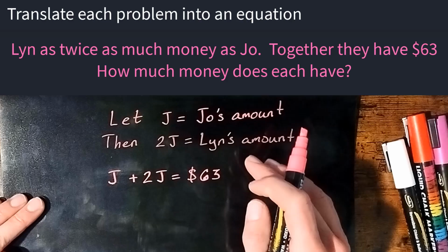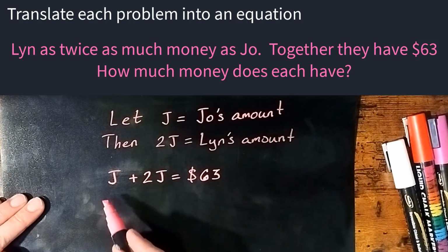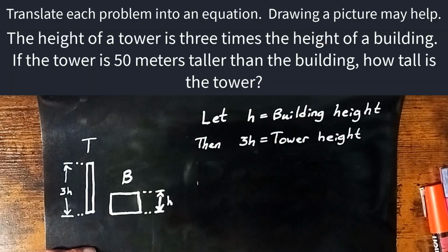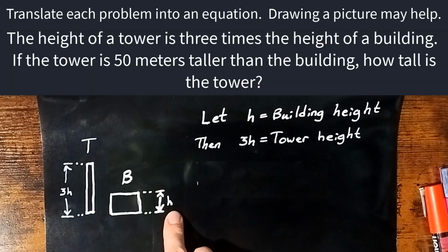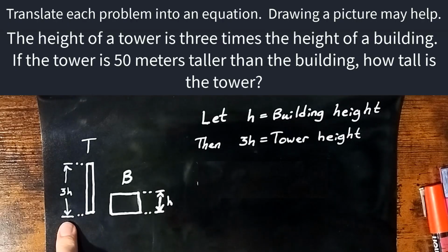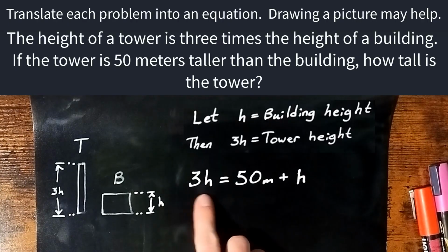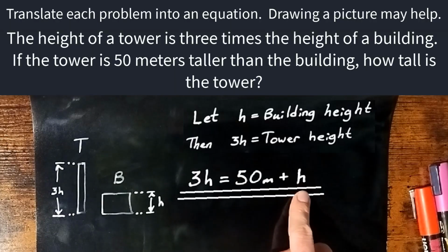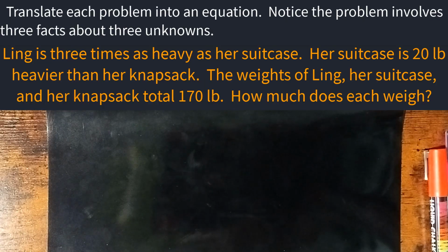Again, I'm not solving for how much Joe and Lynn have. I'm simply writing an equation, so that's my answer. Let h equal the height of the building, then 3h equals the height of the tower. The tower is 50 meters taller than the building. That's my answer. We don't know the weight of Ling, her suitcase, or her knapsack, but we know 3 facts